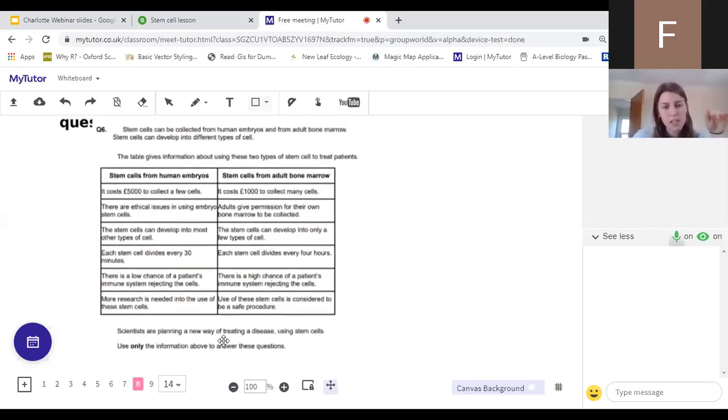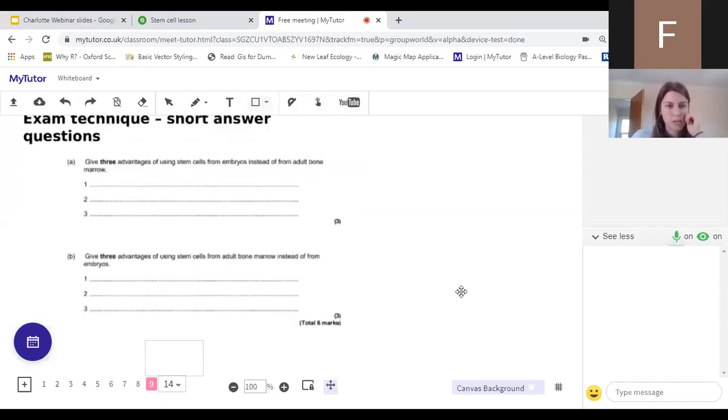Okay. Scientists are planning a new way of treating a disease using stem cells. Use the information above to answer these questions. So A was: give 3 advantages of using stem cells from embryos instead of from adult bone marrow. So think about what we've just read and think of 3 advantages, and we'll move on to the mark scheme